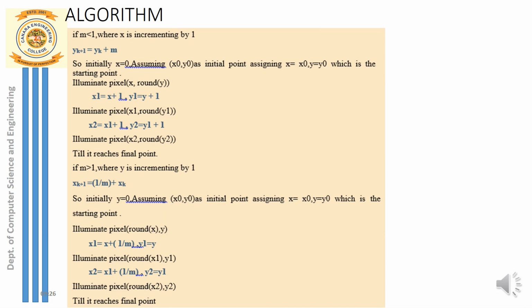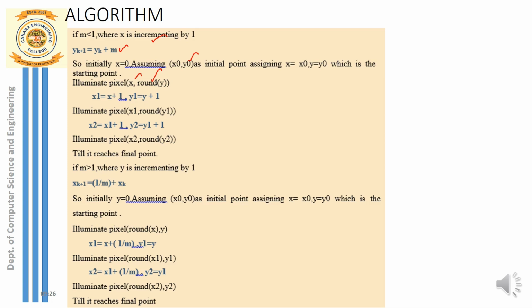The first case that you're supposed to check in the algorithm is if the slope is less than 1. If the slope is less than 1, all that you have to do is increment x by 1, and the formula to calculate y is yk plus m. Just now we have seen the same thing. The initial end point you can assume as x0, y0, and the first point will always be your initial end point, that is the leftmost end point. Whenever you are plotting, remember when the slope is less than 1, the round off function is applied to the y coordinate, not x. So x comma round of y is the point that you have to plot. So remember that particular point.